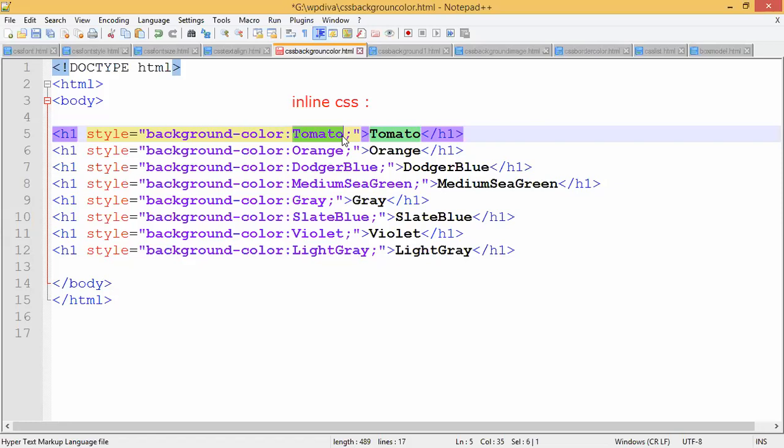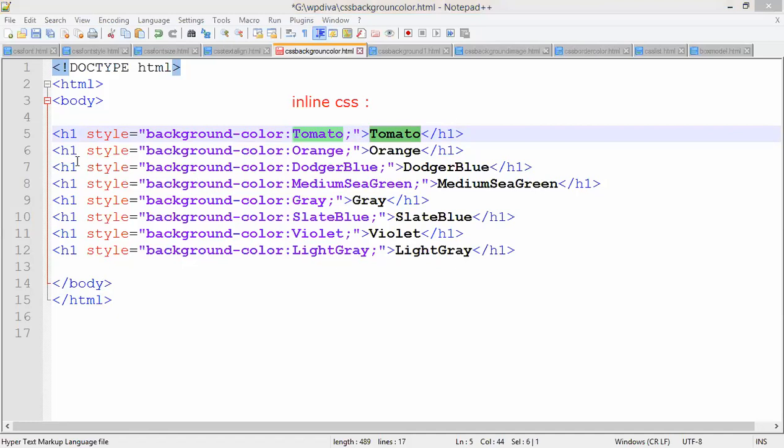I have shown you this because it is an example and I need to show you different colors. That is why I have taken multiple H1s. You can write only one or two H1 statements in the exam. Now, how do you close this? You close it with a semicolon followed by a double quote. Now, what is this tomato? It is the element of my H1 tag. Element in the sense that I am going to display that text on the screen.